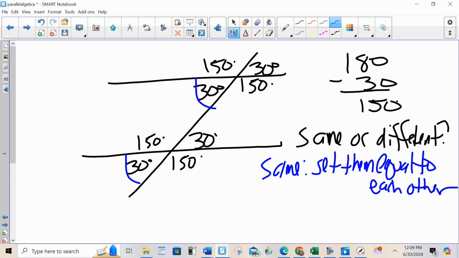And it'd be the same thing if I pick two obtuse angles, this obtuse angle and this obtuse angle. They're equal. We set them equal to each other. If they're different,